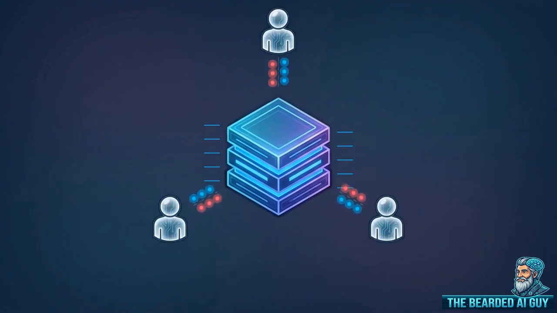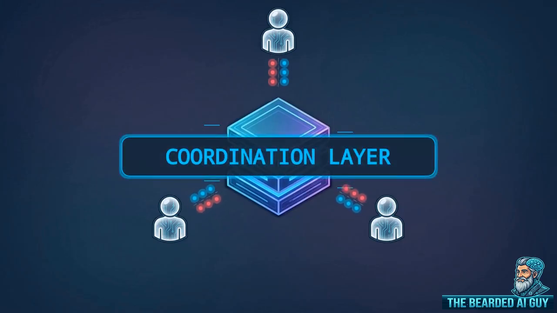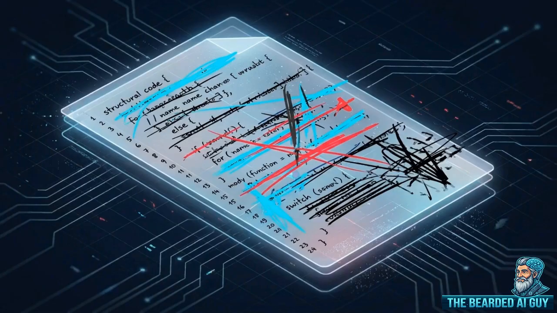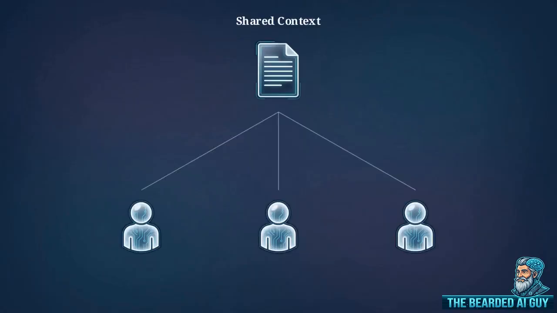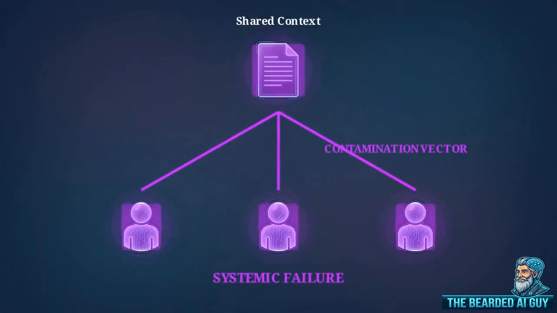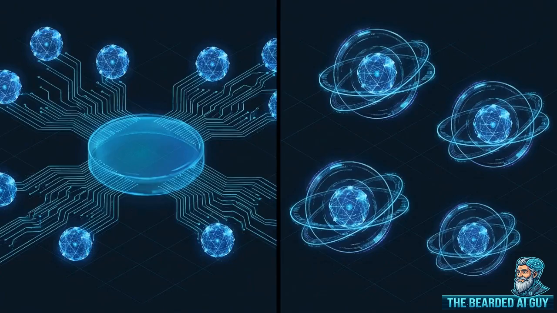The instant multiple agents read from and write to the same space simultaneously, that memory functions as a concurrent distributed communication protocol. Treating that space like a shared, editable document ignores the basic laws of distributed systems. It creates a direct contamination vector that exposes every agent to the errors of its peers. The architecture of multi-agent memory involves a permanent tension. Sharing context reduces handoff friction, while isolating context protects agents from one another.